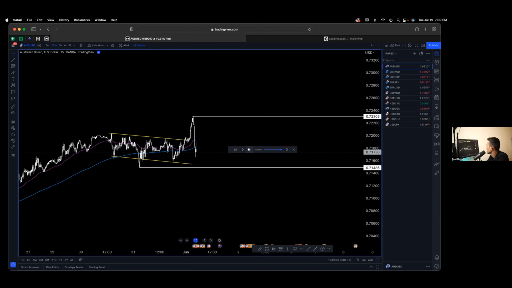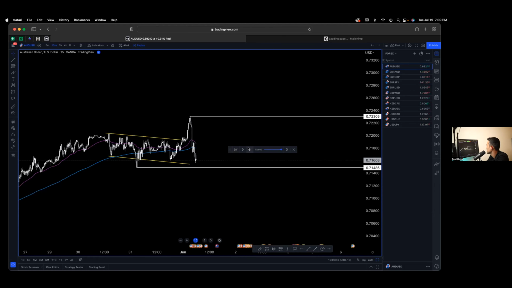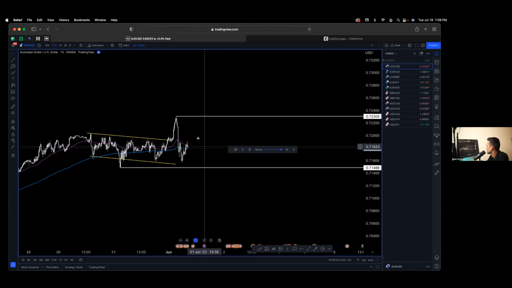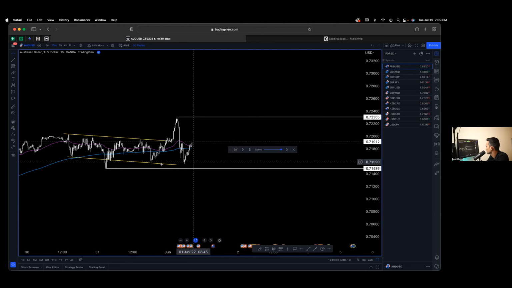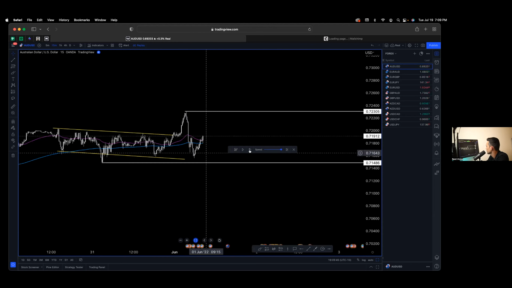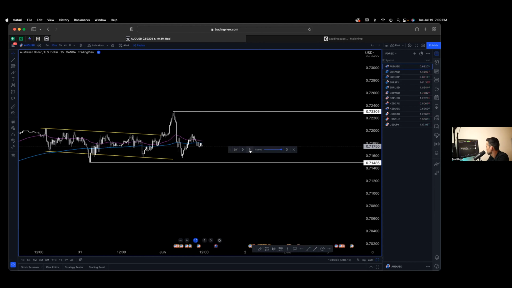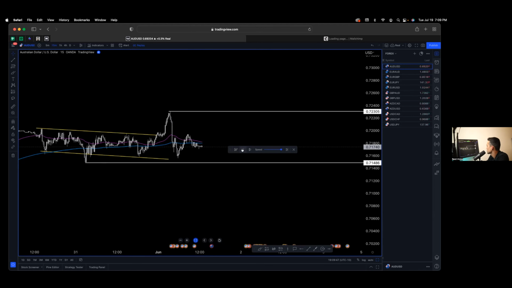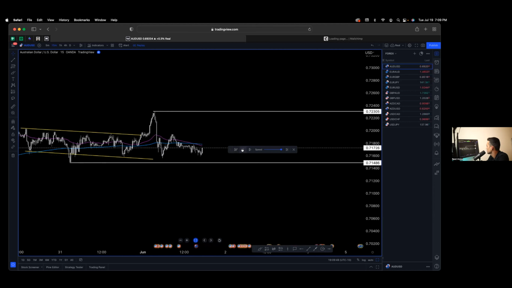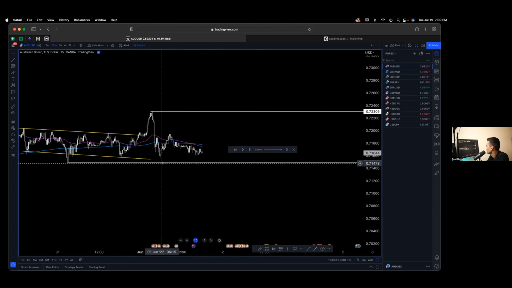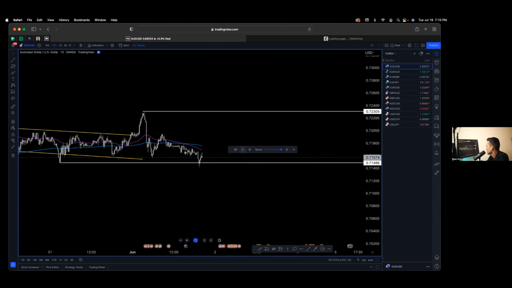So now I'm just gonna keep it playing until I see something nice. There's really no patterns here. This could be a tight ascending channel, but no clear momentum here. It's just kind of consolidating. Let's see. You could also just press this play button, let it play out. Take a moment to analyze. And so look, I went from June 1st to, what, 3:30 to 5 p.m. So I didn't have to wait around all day. I could just fast forward it.